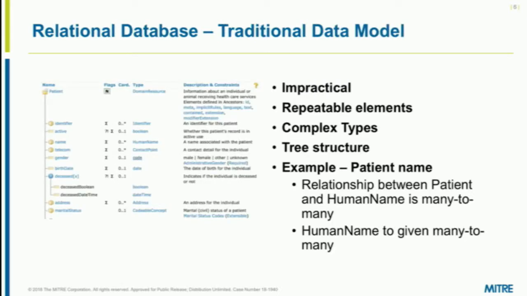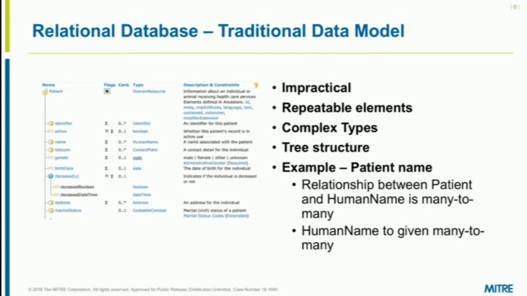So I wanted to quickly talk about what if you were to take FHIR and try to build what I would consider a traditional data model for this? If you grabbed the DBA and said, let's put this thing into third normal form, in my opinion, and feel free to disagree with me, this is really impractical. The structure of FHIR really wasn't built with this in mind. There are repeatable elements and complex types that have a tree structure. So this really makes it hard to fit into a relational database,